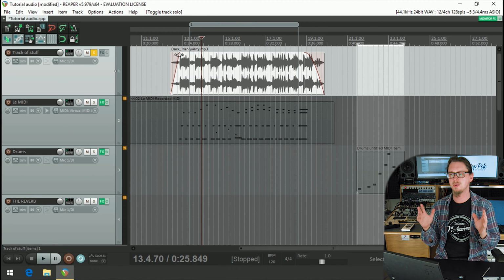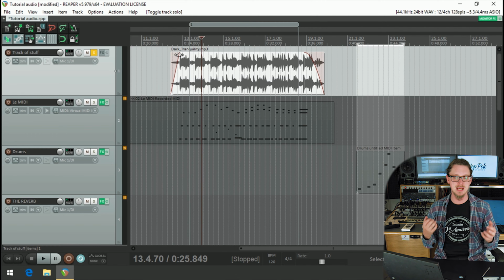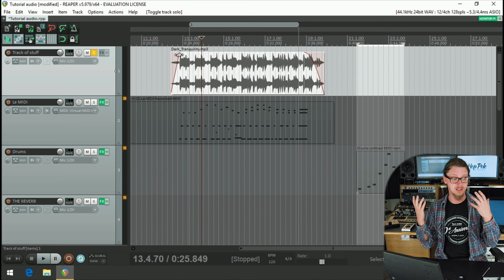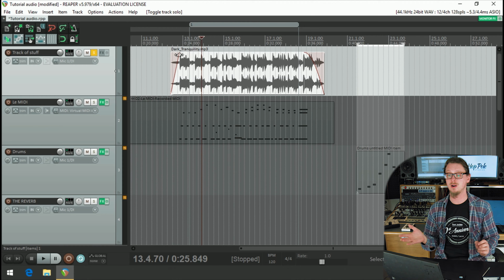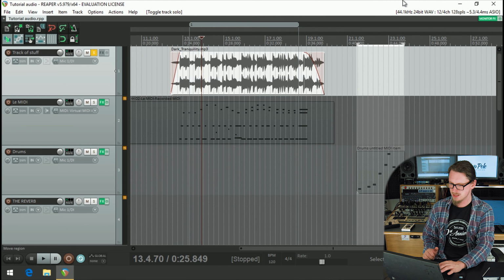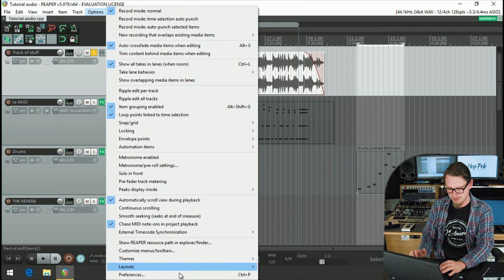Okay, so it sounds cool, but I want to run that through a virtual guitar amp to really distort it. If I had a clean DI guitar, then I could get that DI guitar and run that through a virtual guitar amp. So we're going to need a virtual guitar amp. The first thing I'm going to do is save this project, and I'm going to go to Options and